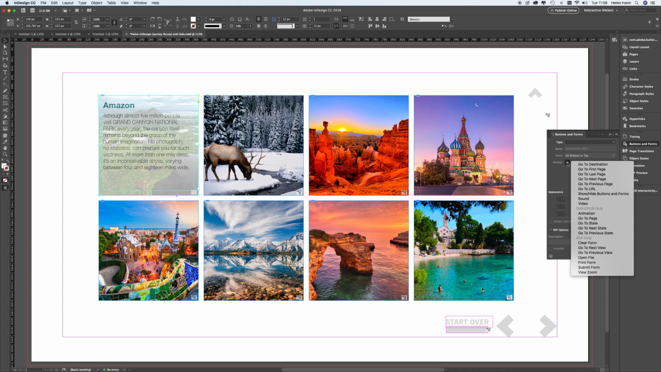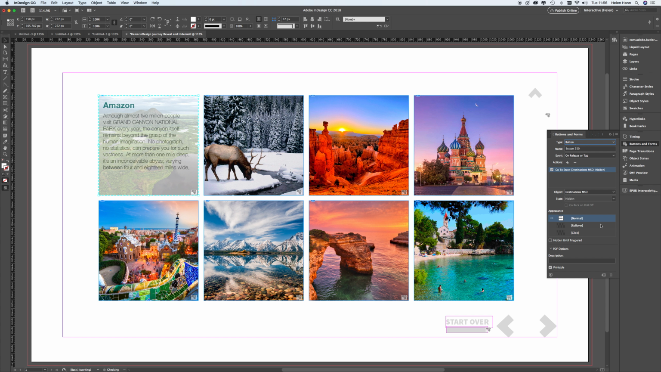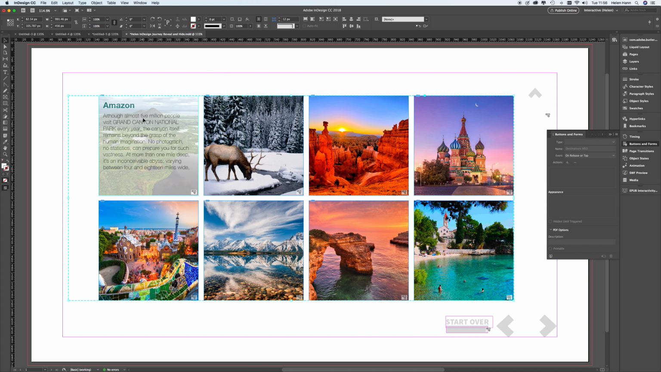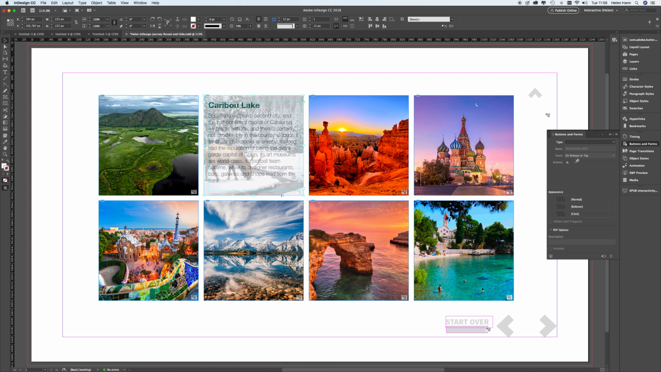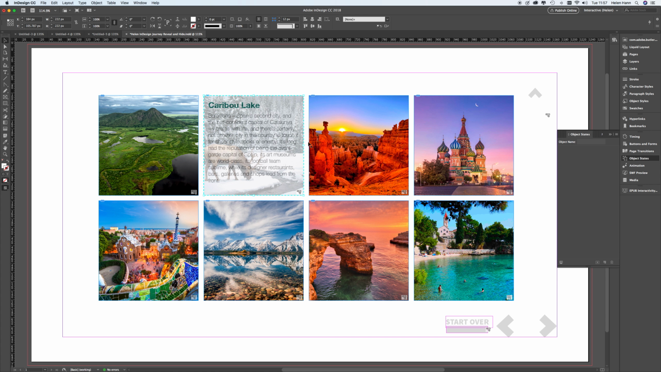I'm just going to go to actions, and I'm going to go to state, and this time it's going to be hidden. And I'm going to do this for all of the object states. Okay, so if I click on that, go to object state, and this is position 2 now. So double click to get to the text box, and we're going to go to buttons and forms, and we're choosing go to state again, and again the state is hidden. Okay, and then we